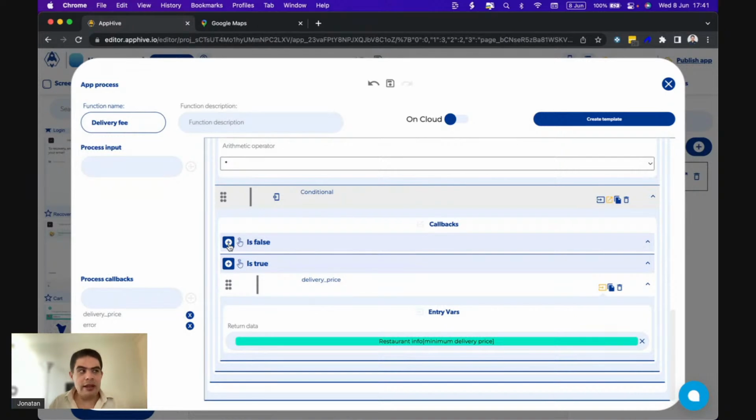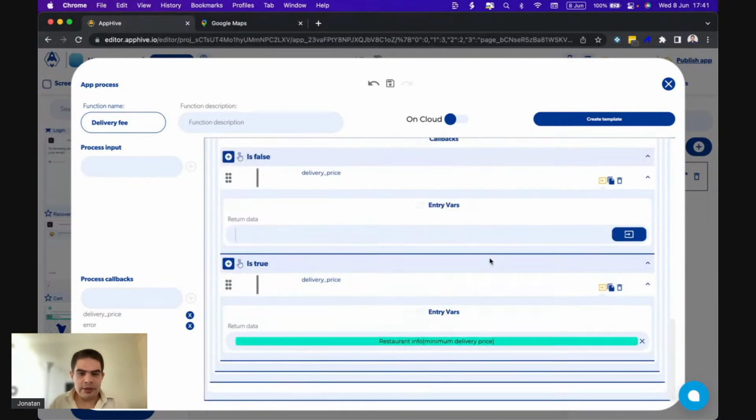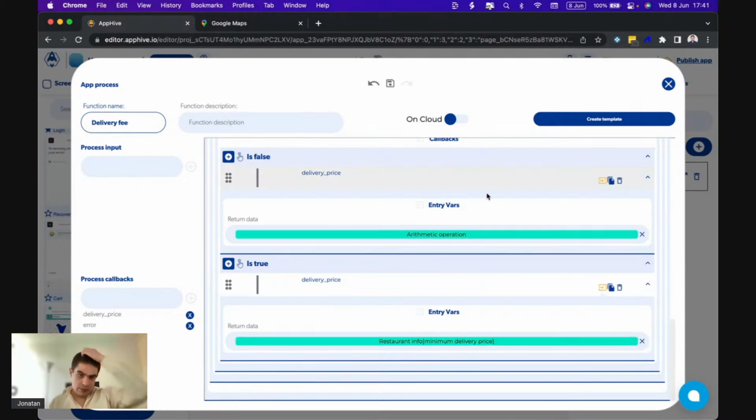But if the delivery is high, we're going to send as a result the result of the arithmetic operation. So if it's less than $10, the price will be $10. Is it high? Well, it's the result. Okay,